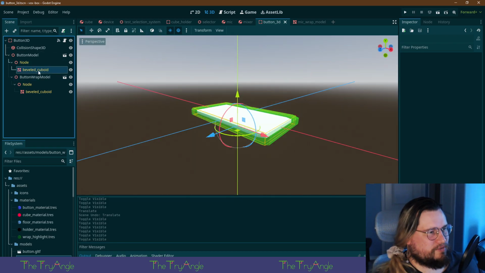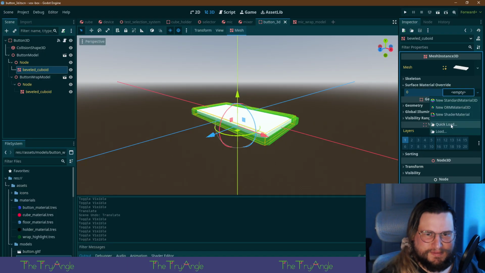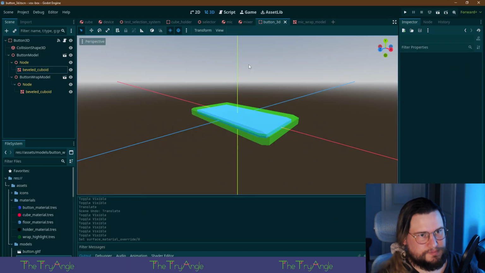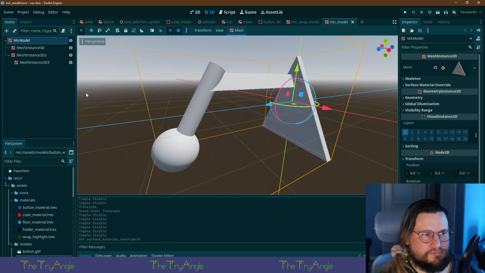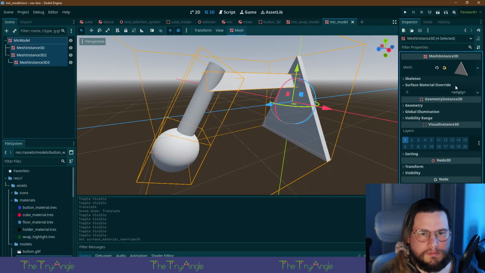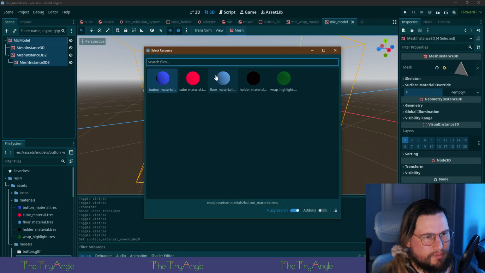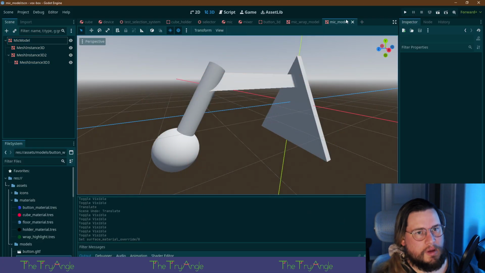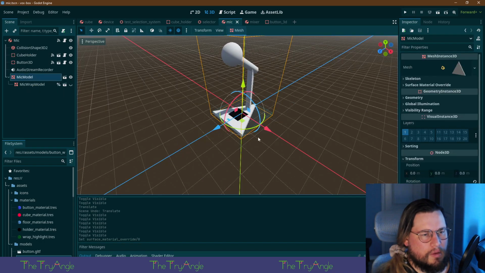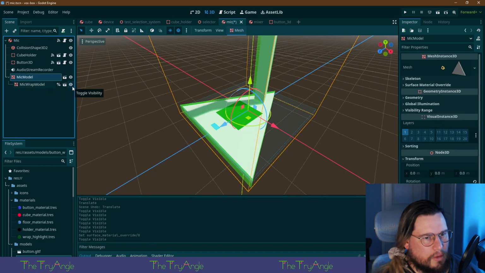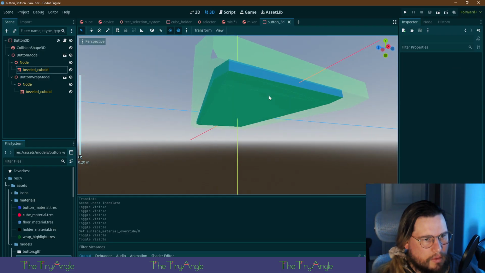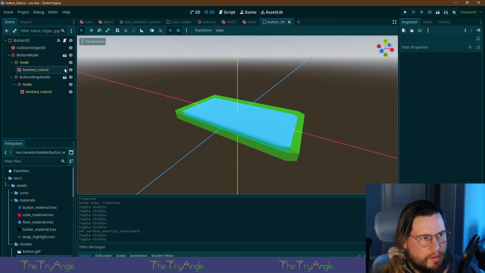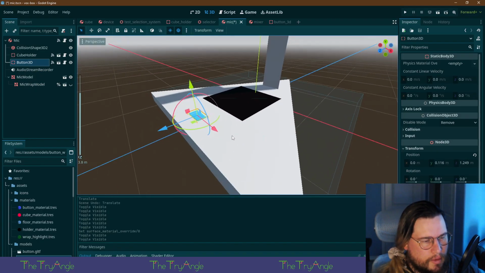Was it like it wasn't working for a second?